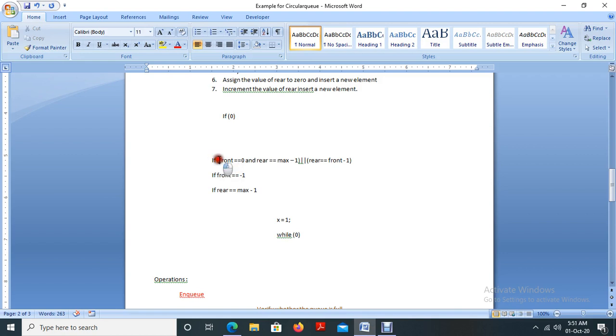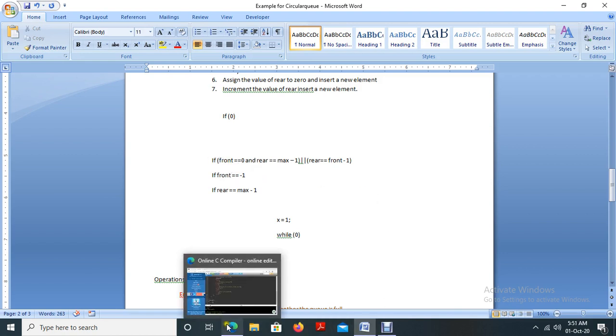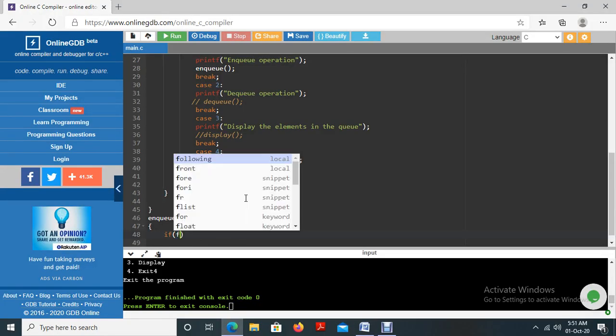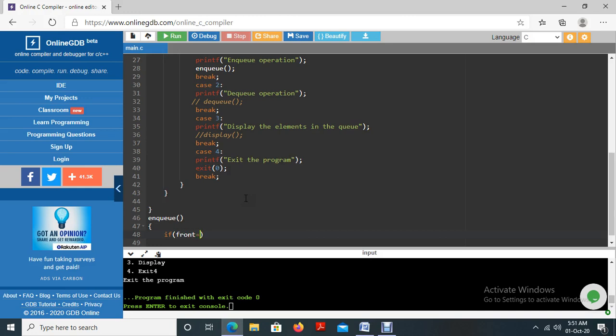If front equal to 0 and rear equal to maximum size of the array minus 1. So I am writing that here.